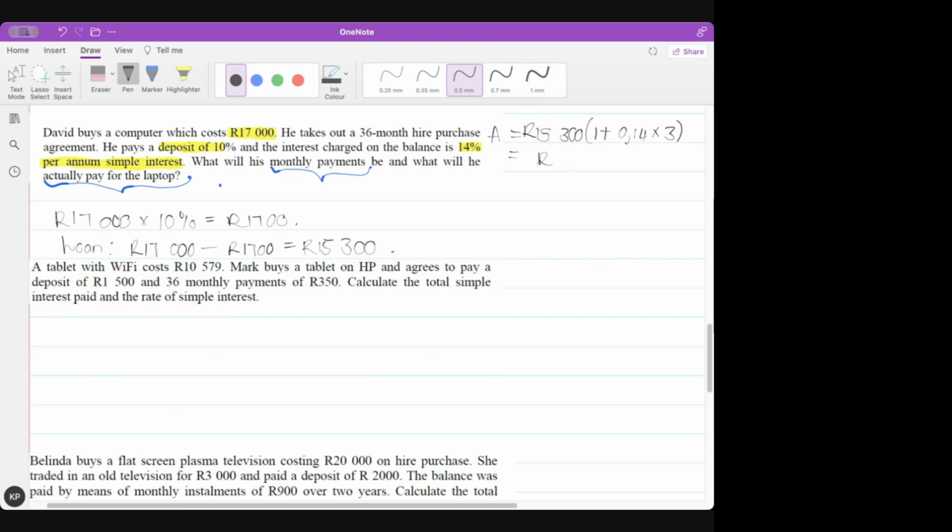Okay, so it's 23,426. That's why I should have my own calculator. So it's 23,426. Great. Now we look for our monthly installment. We're going to divide this by 36, since this is a 36-month purchase. So it's 23,426 divided by 36. And my monthly repayments are,